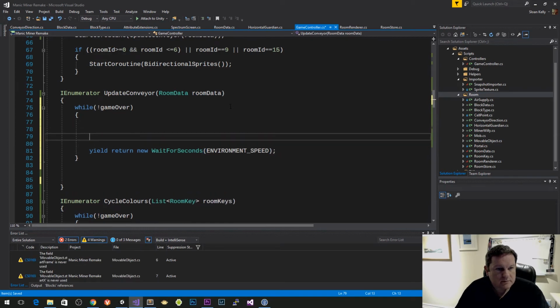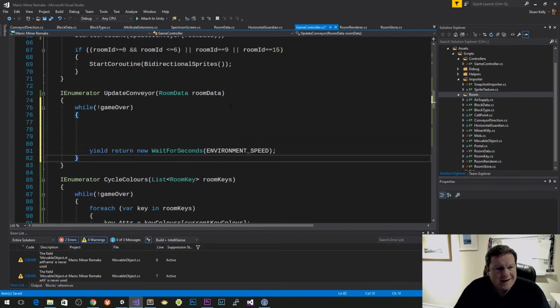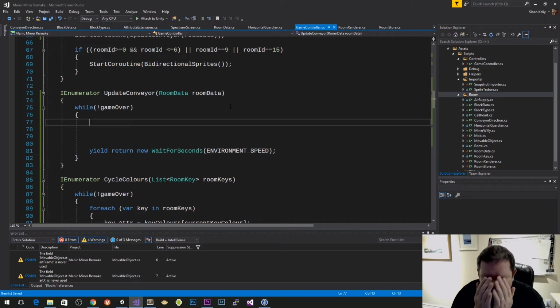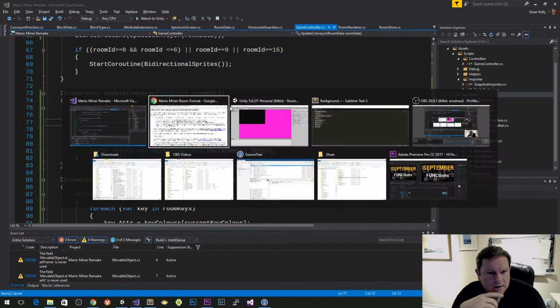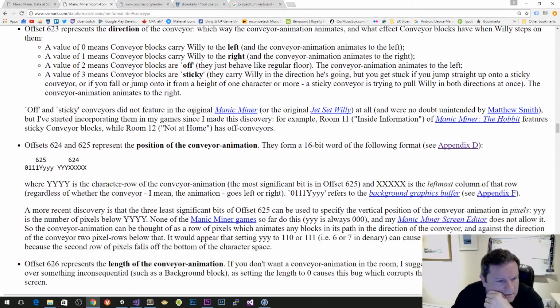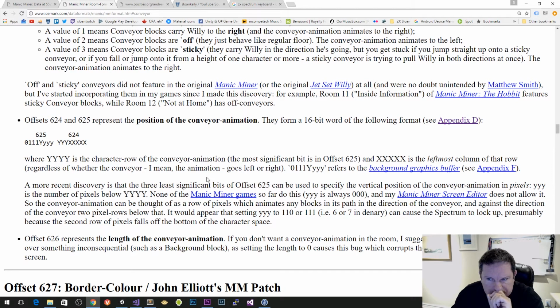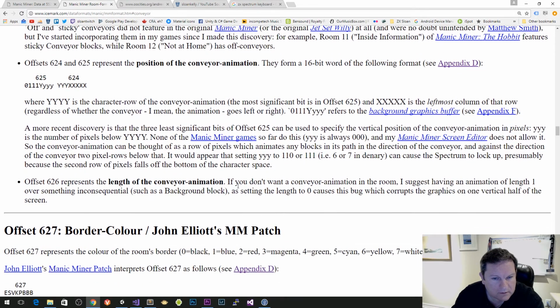Okay, so whatever the environment speed is. And then for the room shape, what we want to do is cycle it from the left or for the right. And I think when we update it, bytes, length of the conveyor animation. If you don't want the conveyor animation in the room,